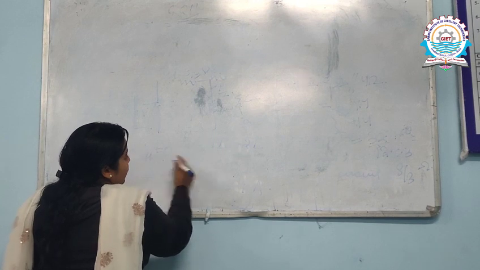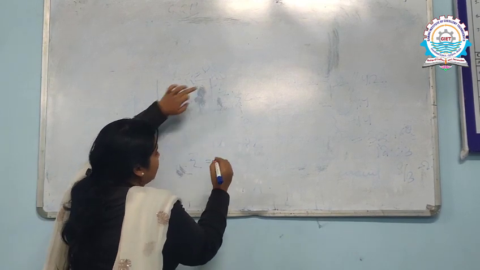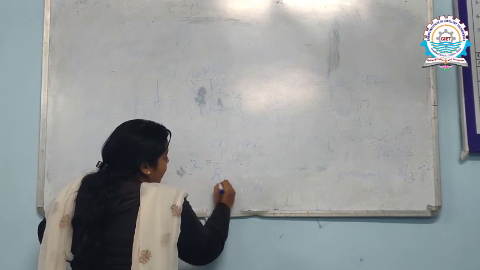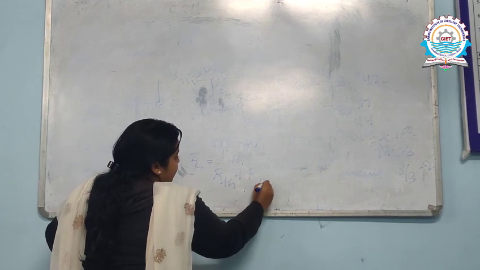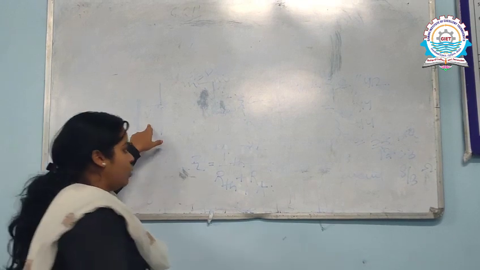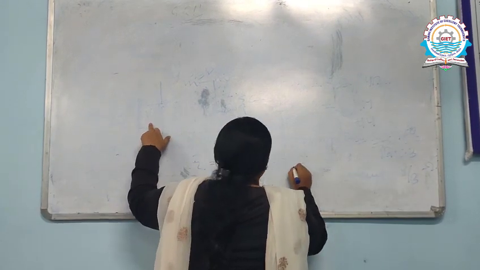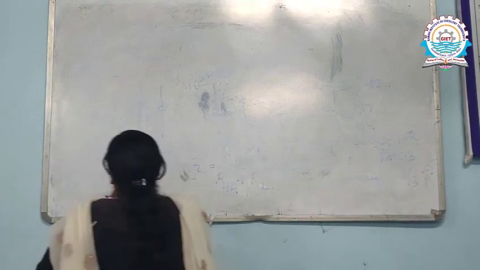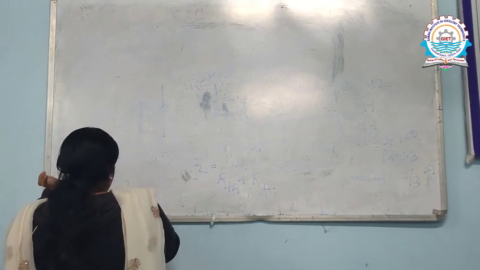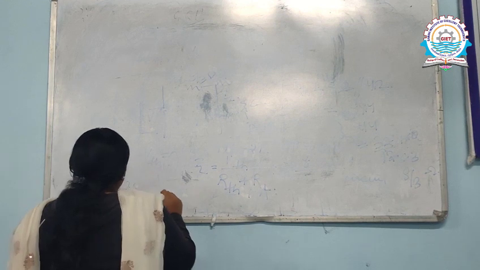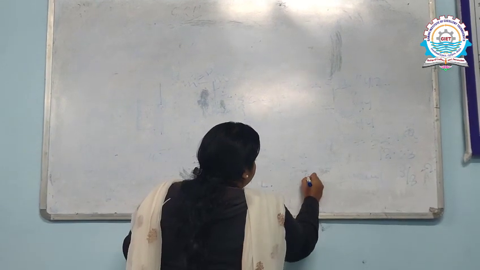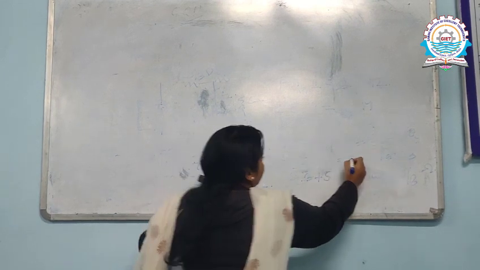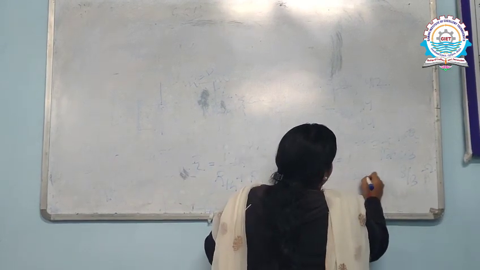How do we find IN, the load current? The formula says VTH divided by RTH plus RL. I already have VTH equal to 8 volt, divided by RTH, which is 8 by 3. So 8 by 3, three 2s are 6, so roughly 2.3, plus RL is 5. So my current will be 8 divided by 7.5.